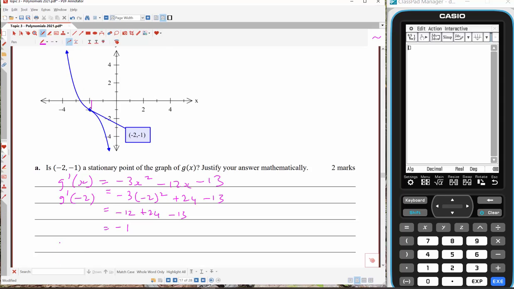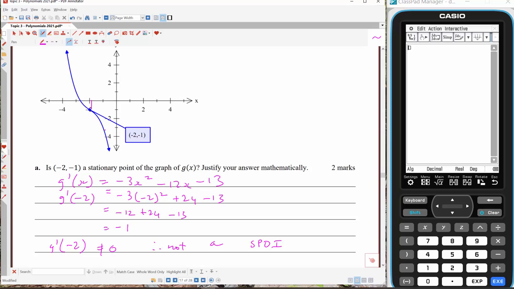So what we're going to say is g dash -2 is not equal to 0, therefore not a stationary point of inflection, but rather a point of inflection. If you have a look at the graph here, it kind of comes in, looks like it's almost going to go stationary, but doesn't go to 0 gradient. The lowest it gets to is -1. So it gets to a gradient of -1, and then the gradient starts to,